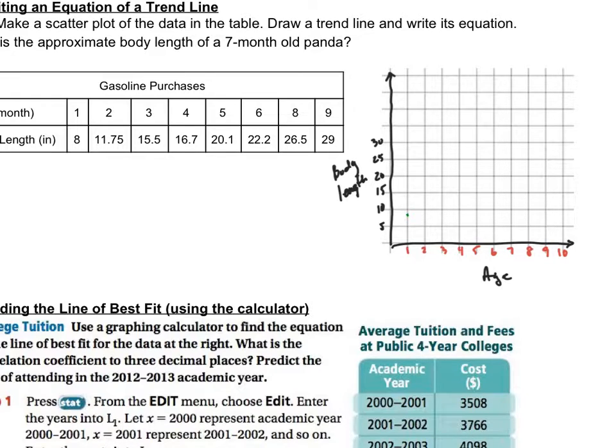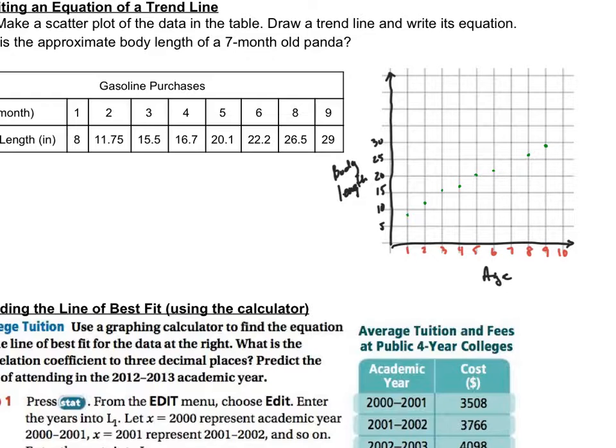2 is going to be 11.75. Again, I'm estimating. 3 is 15.5. 4 is 16.7. 5 is 20.01. 6 is going to be 22. 8 is going to be 26. And number 9, in 9 months, you're going to be 29. So